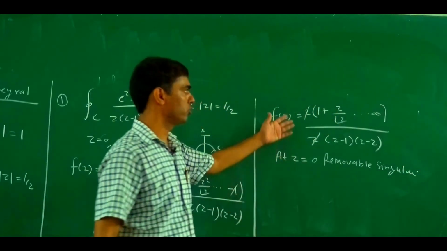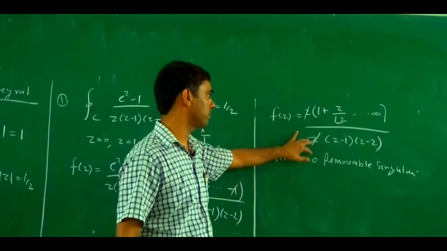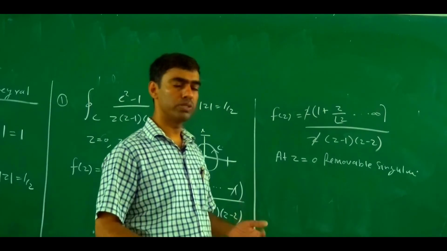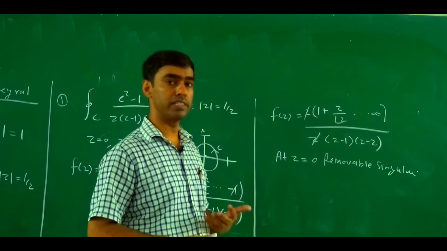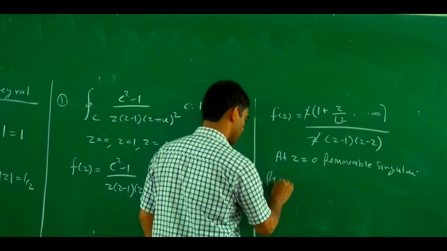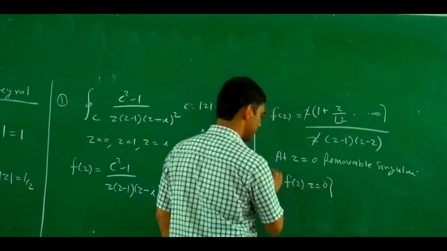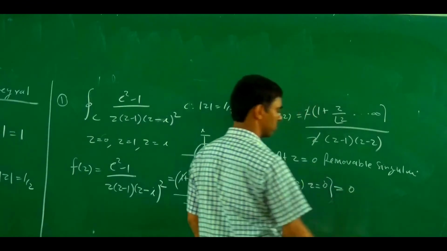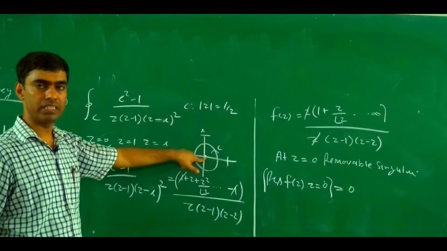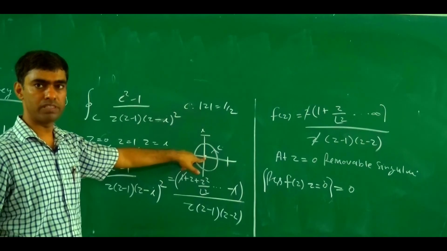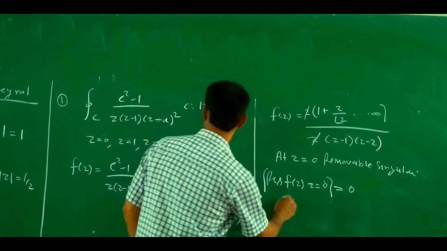Means there is no such term. If we rearrange the terms, then the term at z equal 0 cancels out. And we know what the residue at z equal to 0 is if it is a removable singularity. We know the residue of f(z) at z equal to 0. If this one is a removable singularity, then the residue is what? Residue is 0. And only one point lies inside the closed curve C, and that point is a removable singularity, and the residue at a removable singularity is 0. So by the Cauchy residue theorem, what is the value of integration? The value of integration becomes what?